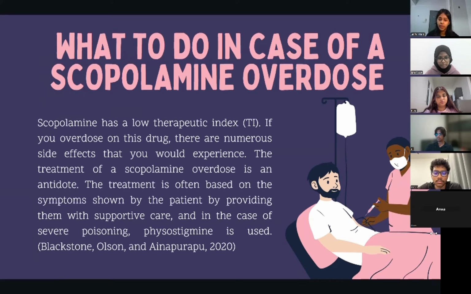The way it works is by increasing the acetylcholine concentration at the site of the receptors by preventing the breakdown of acetylcholine through the inhibition of the enzyme acetylcholinesterase. This increase in concentration of acetylcholine outcompetes other molecules such as scopolamine hydrobromide, which reverses the effects caused by this